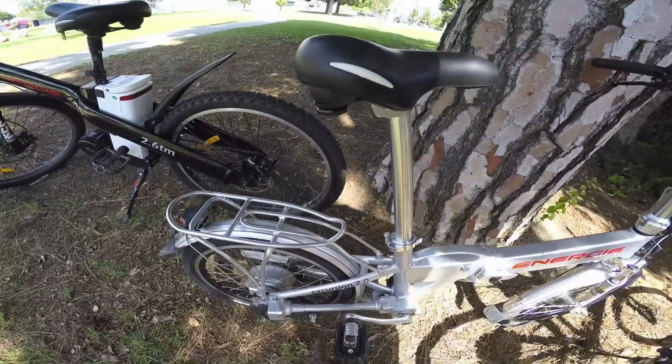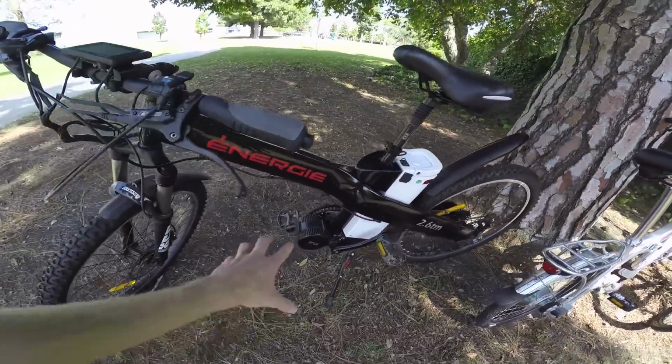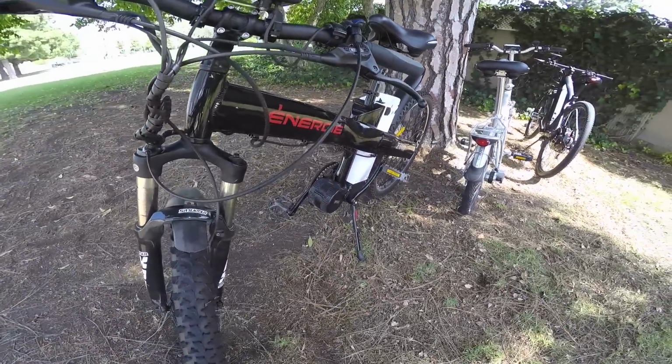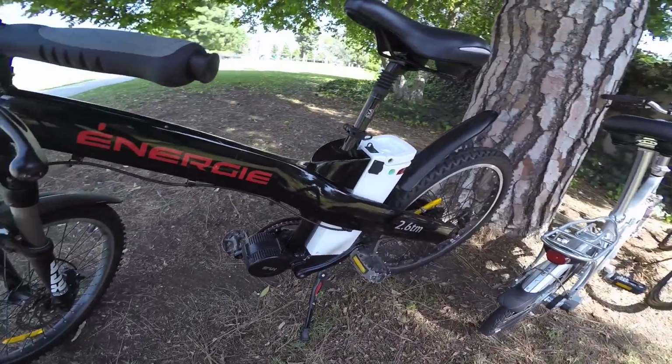So you can kind of hear that humming noise going on. And again, spinning faster, got some gears going on. Now this 8Fun motor is actually very similar to either of these two motors, and the only difference is how